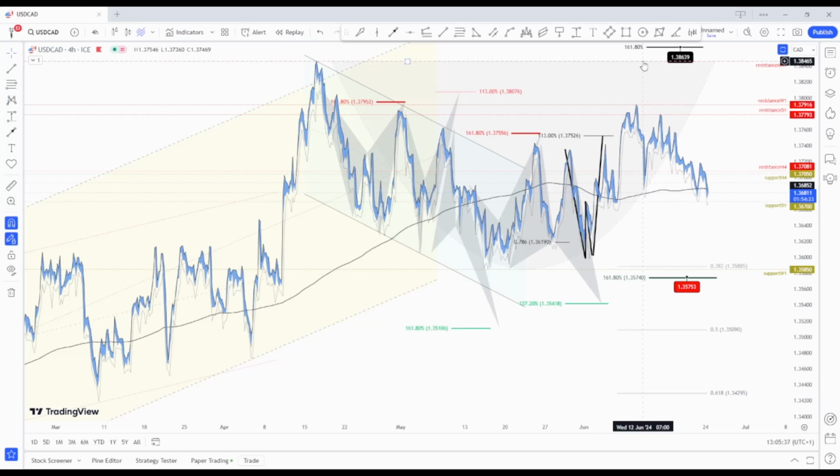We have the weekly fractal resistance now adjusted at 37.91, so the previous highs, and we are now watching for potential bullish patterns that may form at